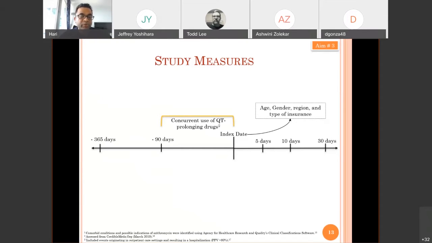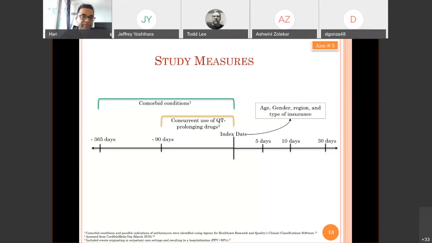So we used over 200 medications to measure our list of QT prolonging medications here. Next, we measure comorbid conditions, which were in the baseline period, so at any point in the 12 months. And then the way we did this was using AHRQ's clinical classification software. Some of the students might be familiar with this, but it's a great software that classifies different conditions into different categories and gives you just an overall nice view of the clinical conditions.